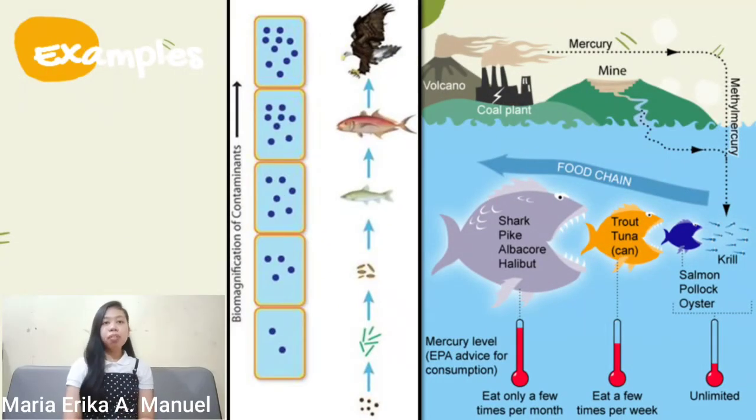For example, at the bottom of the food chain, plankton are infected with mercury and eaten by some small fish. Each small fish consumes 10 times their weight in plankton over a period of time. The fish will now have 10 ppm of mercury in their system. Now, these small fish are eaten by a school of larger fish who consume 10 times their weight each. The larger fish will now have 100 ppm of mercury in their system. This process continues all the way up the food chain to animals like eagles or even humans, where concentrations of the toxin reach their highest and the health dangers are the greatest.